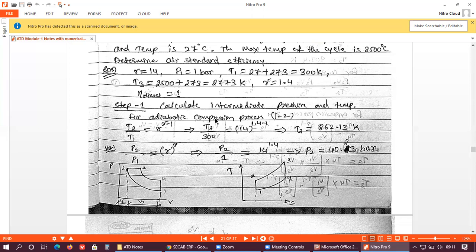Okay, adiabatic compression. Again I am repeating, please go through your BTD. Recall the processes that are there in BTD. You go with the adiabatic process, right? Which are those processes? Can you name anybody? You have to go with the isentropic process, the isothermal process, then the isochoric process, isobaric, isentropic, adiabatic.